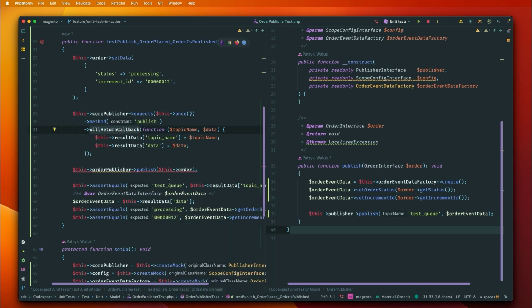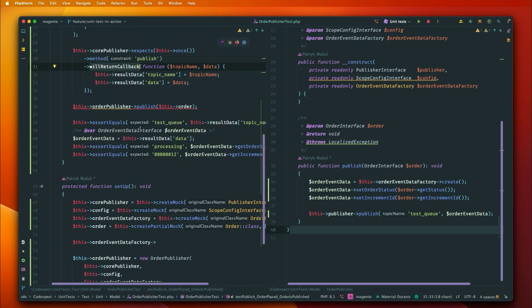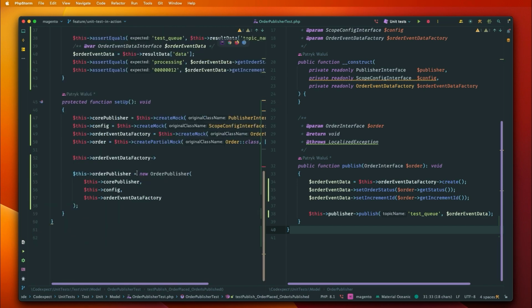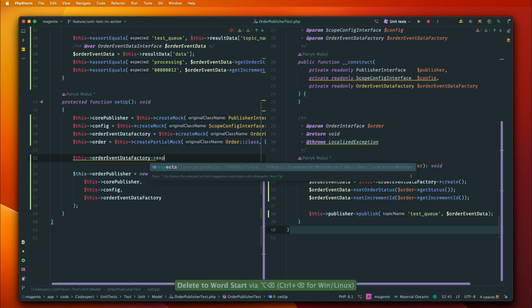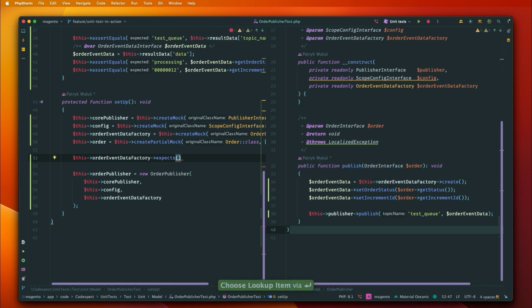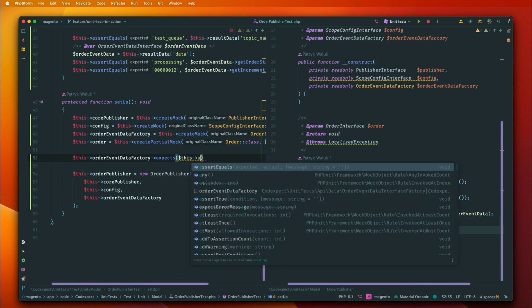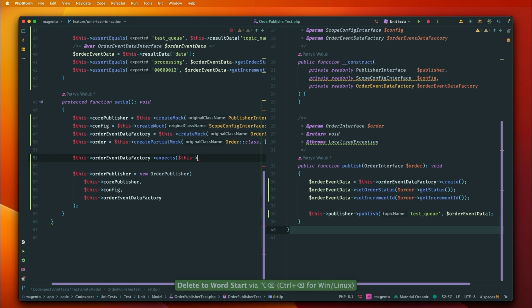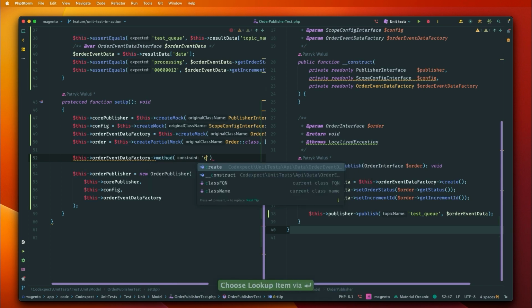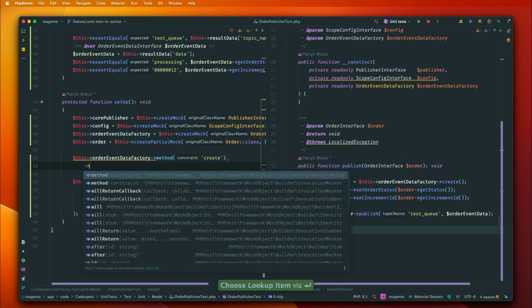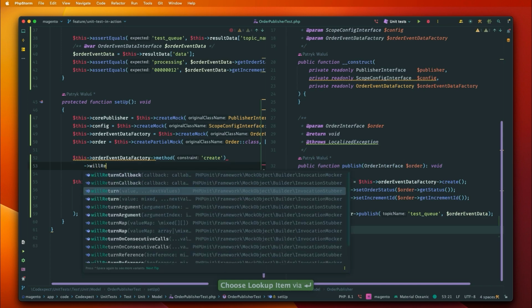This will be used because this way we can create a new instance of a class, or even we can try using just will return. Let's just use it. So expects, we don't need to use this, but we can also use this and just specify any, but for simplicity let's just remove it, and we'll go method create, and now we'll return